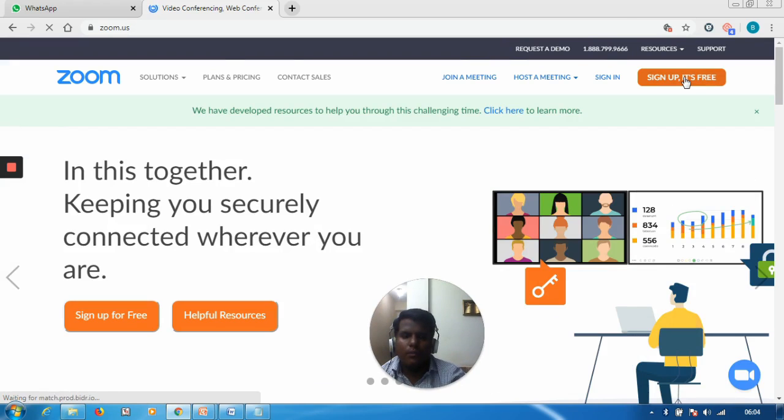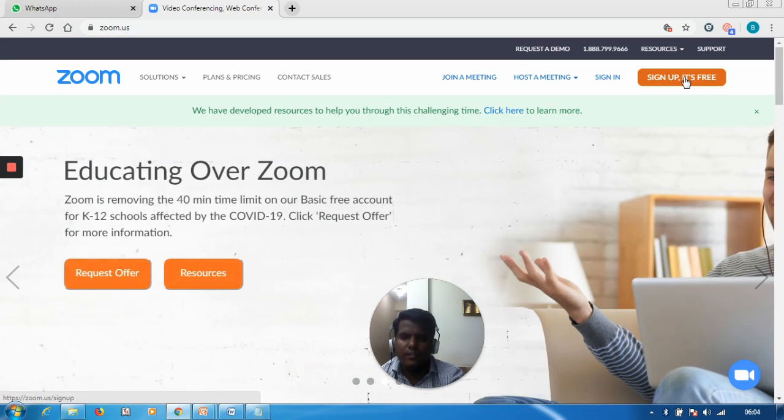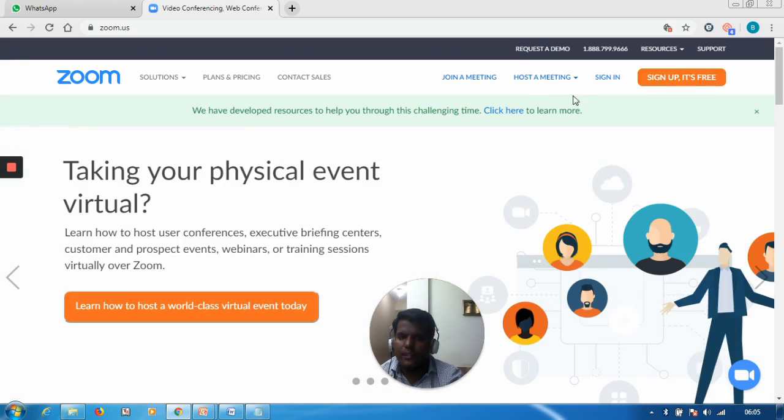Once you get into the sign up page, you fill in all the details, and then you can download the Zoom application to your system or laptop. Here I have already downloaded it. I would suggest using the desktop version rather than the web version of Zoom. So I'll show you how to get started.